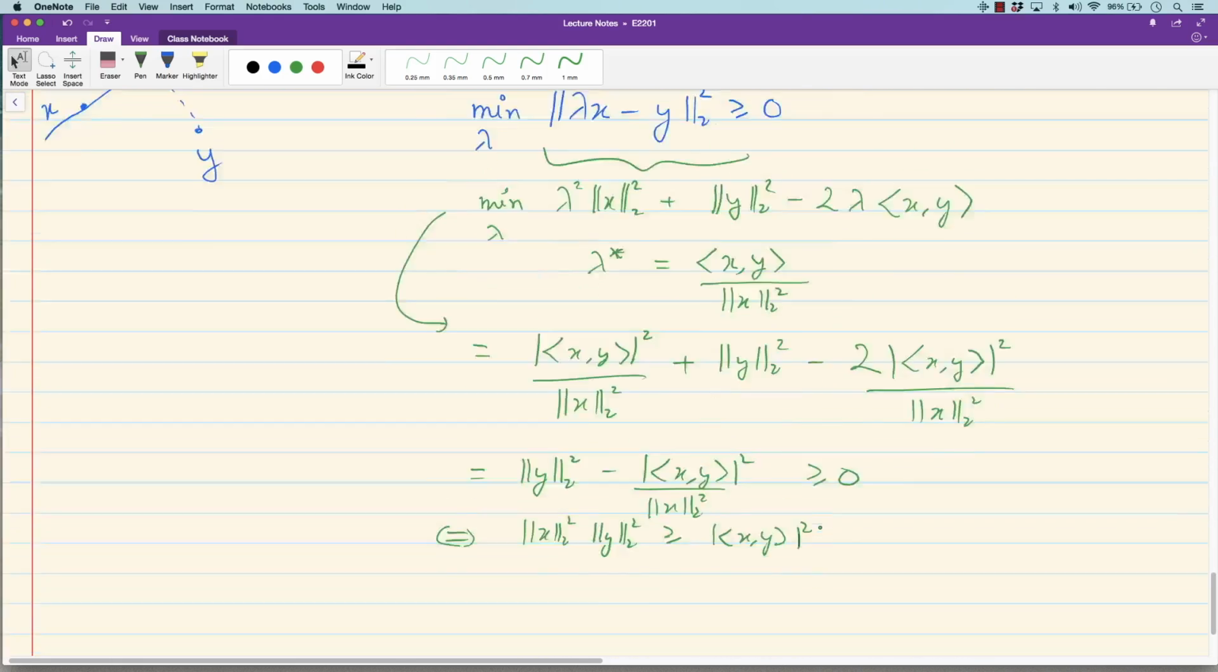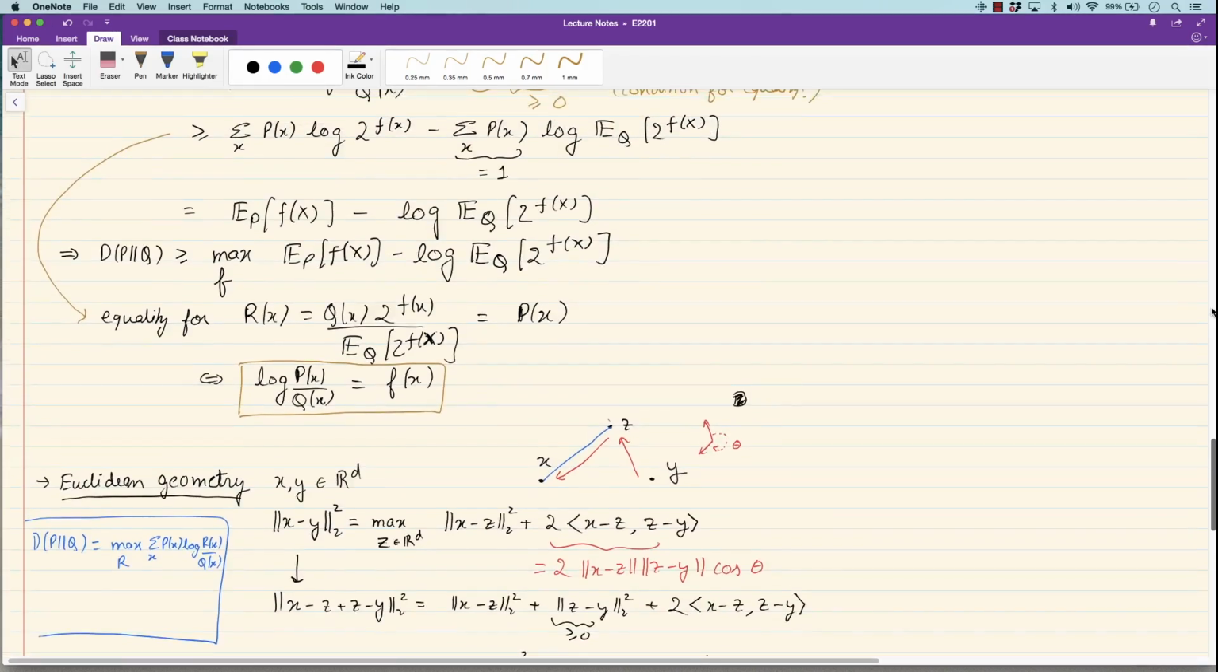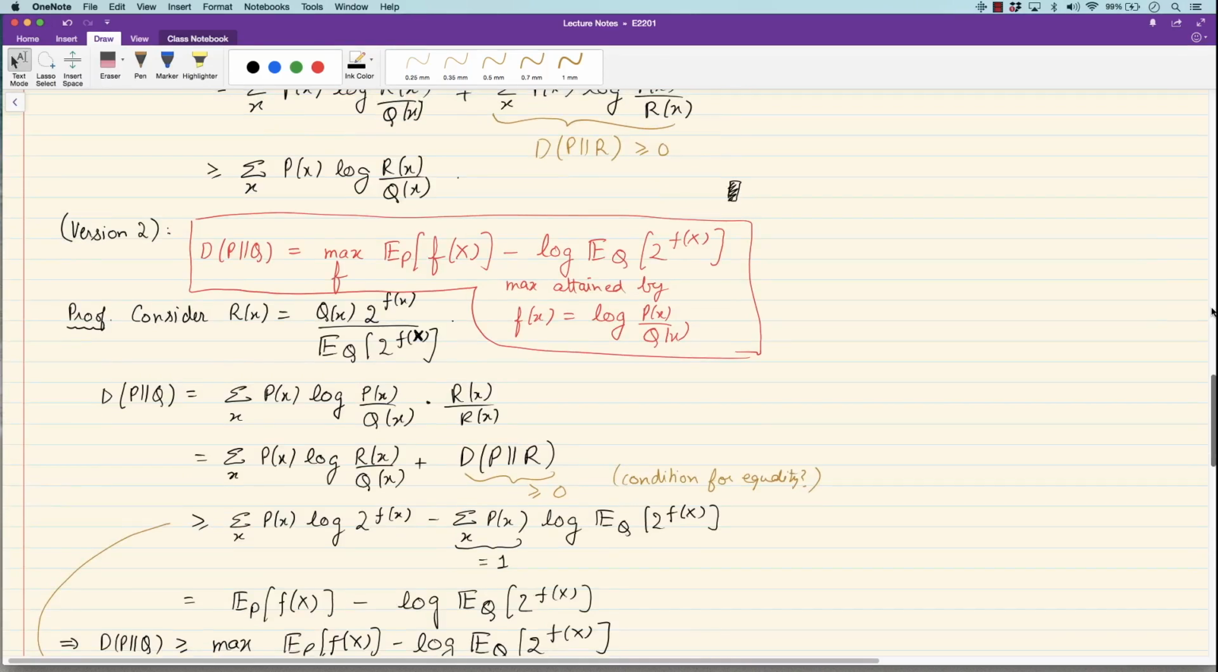Why are we deriving the Cauchy-Schwarz inequality? The interesting thing here is that if you look at this alternative expression for dpq, this implies that you can view it as an inequality, that this dpq is more than this right side for any f. So this sort of implies that dpq